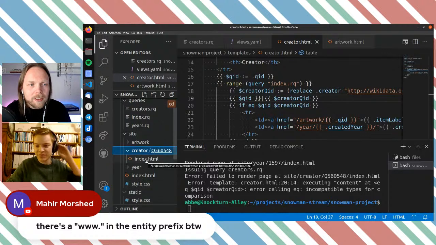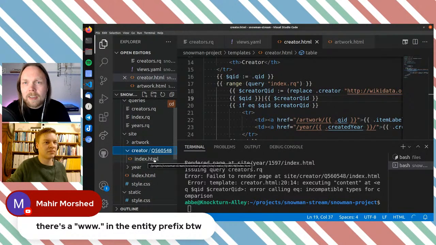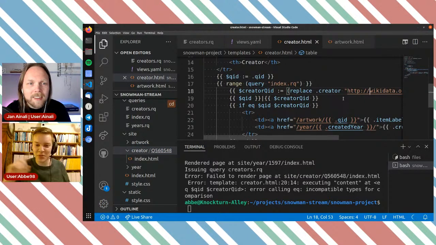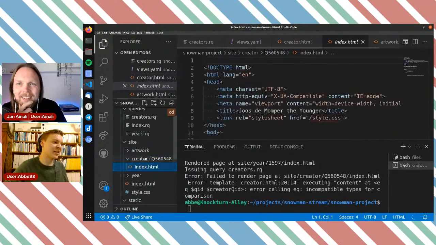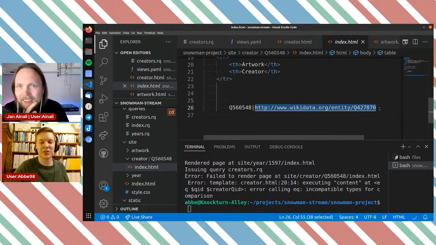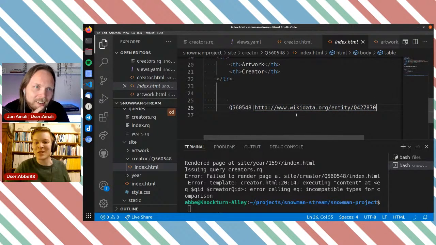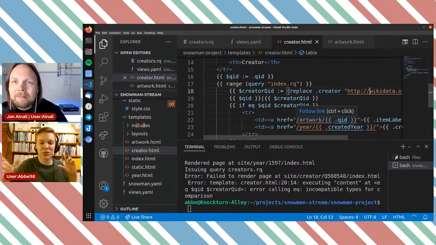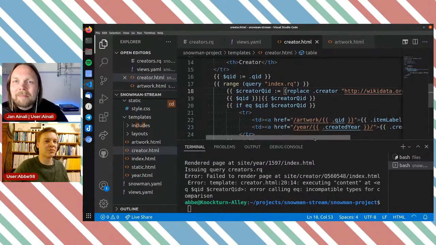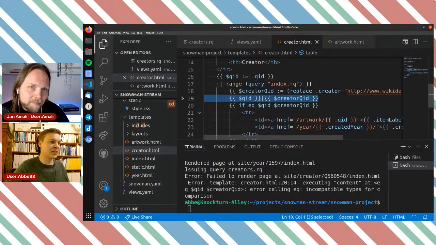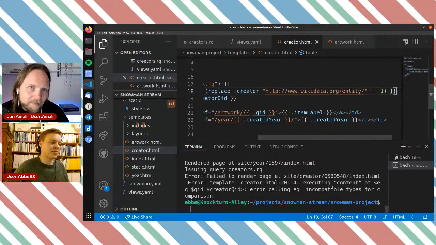My hero also points out there's a www in the entity prefix. Great. And there we got the result. There we got a bug, I believe. Let's see if we can spot that in here. If I go down here, yeah, we can see that it printed out an entire URI because of the missing www. The replace didn't run. It had nothing to replace. So that's it. The types were different. It was still a URI because that replace was never able to do the trick. So let's do it that way instead. And I'm going to replace my piece of debugging here and rerun this.